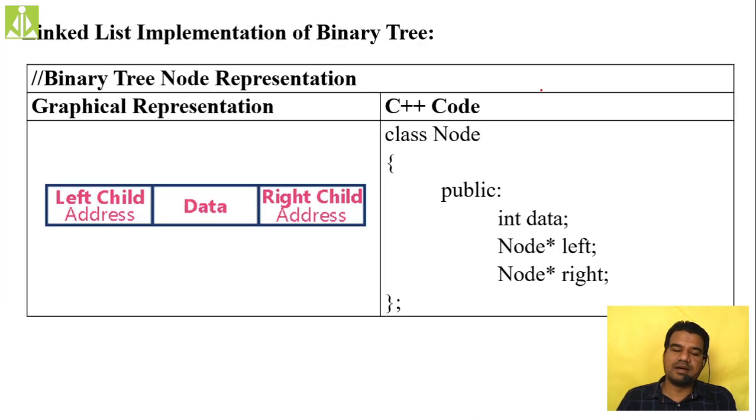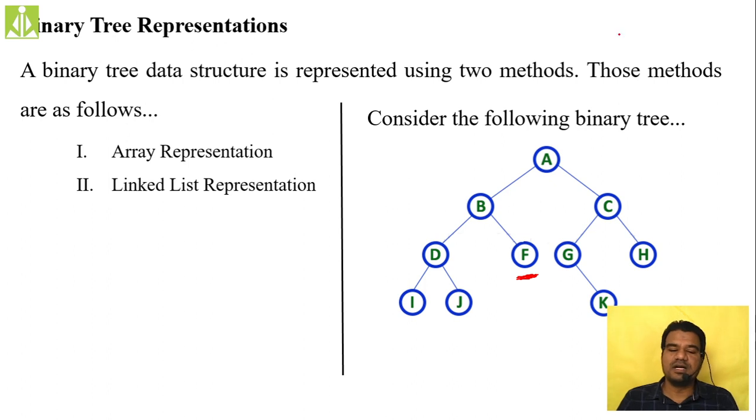So let us take the example of this tree. Over here we have a tree. If you want to do the printing operation, how do you generally do it? If it is a linear sequential data structure, we move node by node and print all nodes, displaying the content of all nodes on the output screen. But a tree is not a linear data structure anymore. A binary tree is a non-linear data structure.